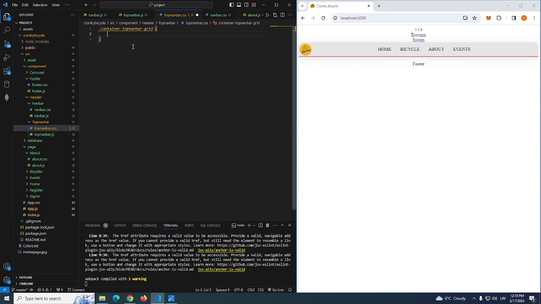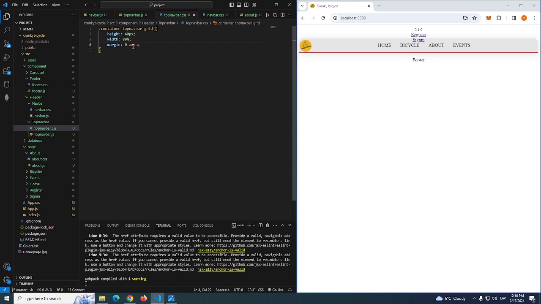and it will have height of 40 pixels, width of 80%, and margin of 0 auto to center it. I will save this. Then I will